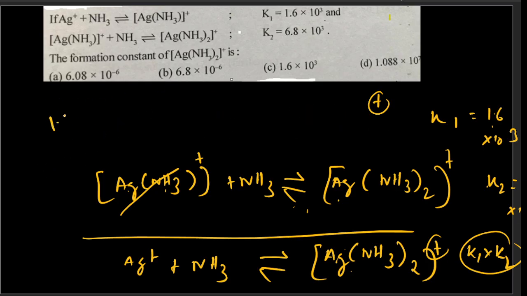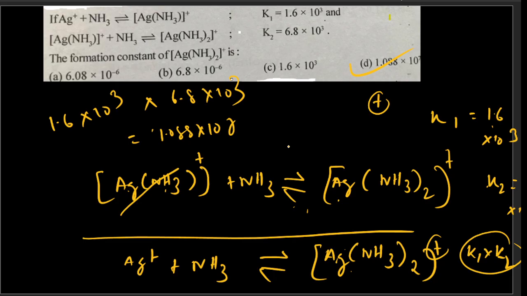K1 is 1.6 into 10 raised to 3, and K2 is 6.8 into 10 raised to 3. Just multiply it, and this comes to about 1.0 into 10 raised to the power 7. So option D is correct. So just solve it, you will get D. These types of mode of representations, they will ask questions by giving the